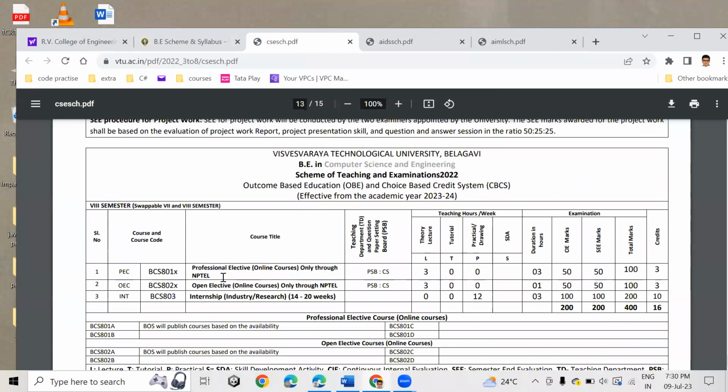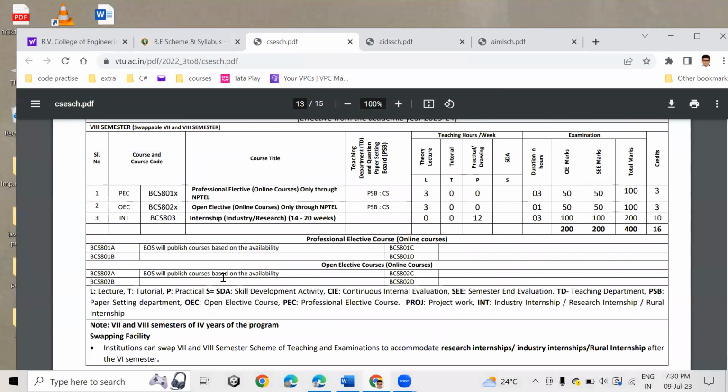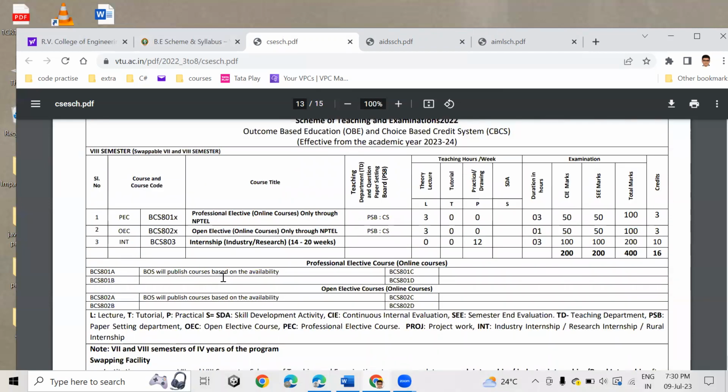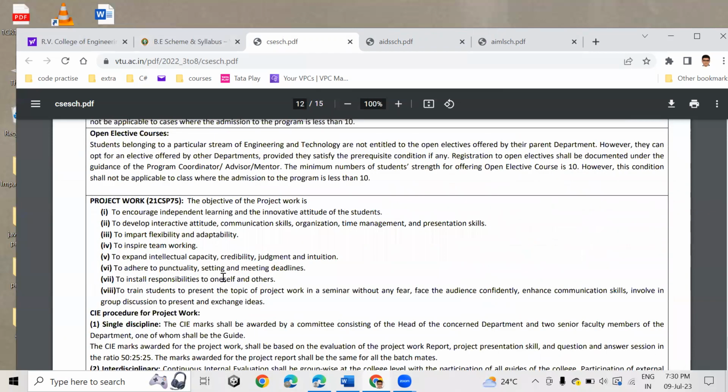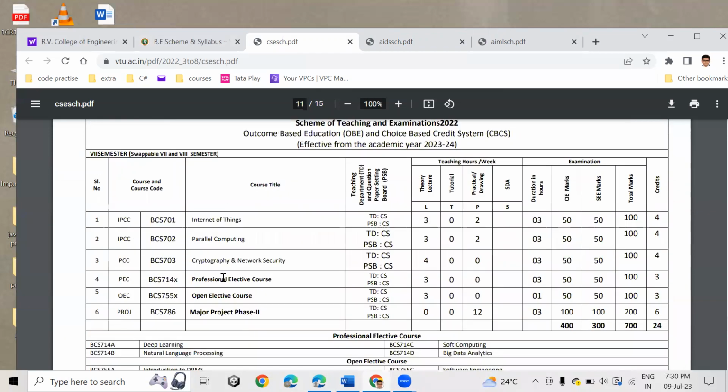Okay. Eighth semester is nothing, I would say. It's almost nothing. It doesn't exist. We used to have two subjects in eighth semester in the 2018 scheme plus project. Oh, I can see almost everything is eliminated. So you don't even have to go to college, if you ask me, in